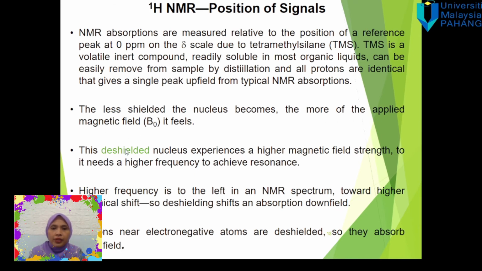When it experiences the magnetic field very strongly, because of the direct proportionality between magnetic field and frequency, it needs to absorb a higher frequency to get resonance. That's why deshielded compounds fall in the downfield, which is the higher number